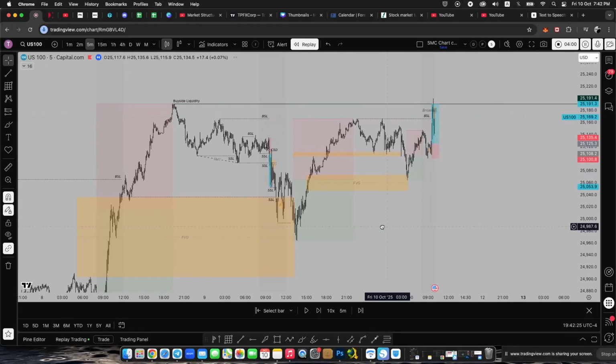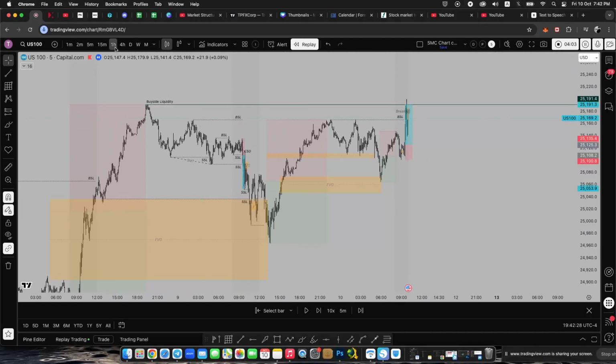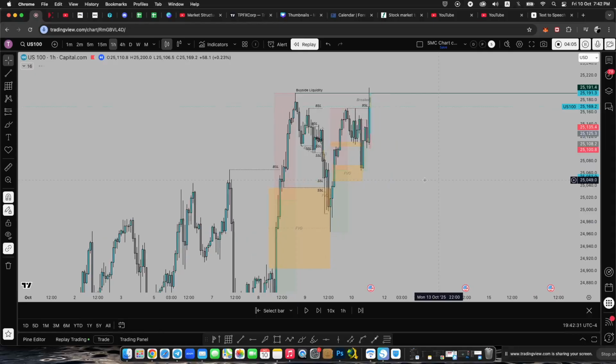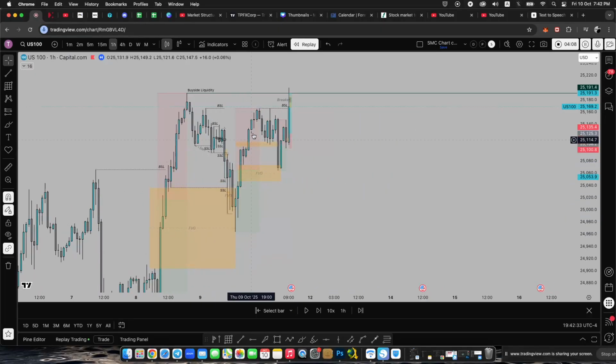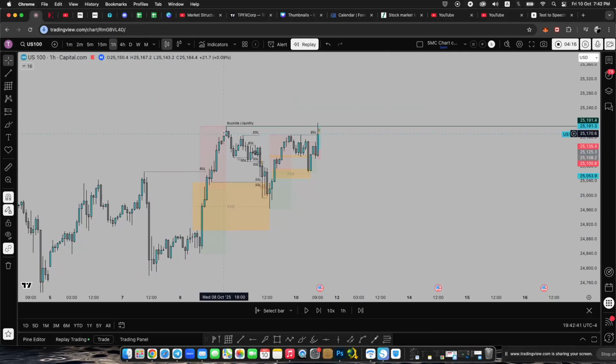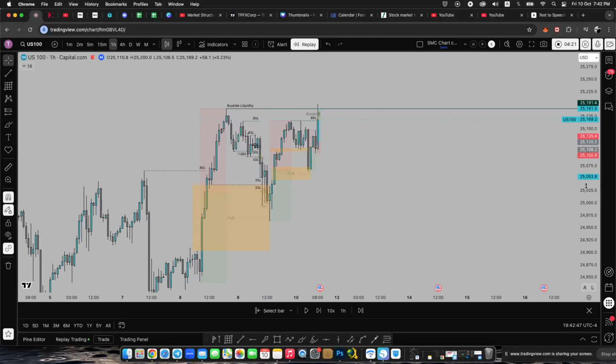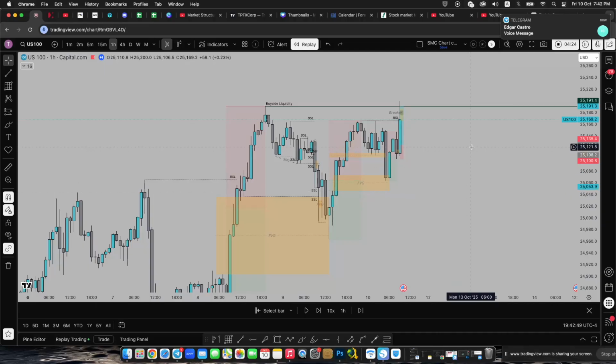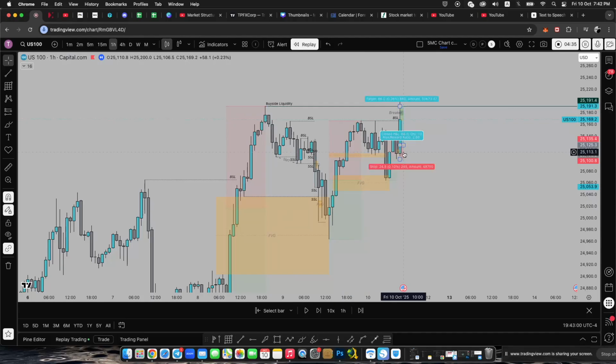And then today, this happened overnight again. If you notice, we had this very strong reaction as soon as we tapped the 4-hour here. So we got the impulse, we got the correction, and now we just pushed up. Now, listen to this and pay attention. The market did not go straight to the high. Why did it not go straight to the high? Because it's giving New York session traders the opportunity to go long. It's giving you the chance.